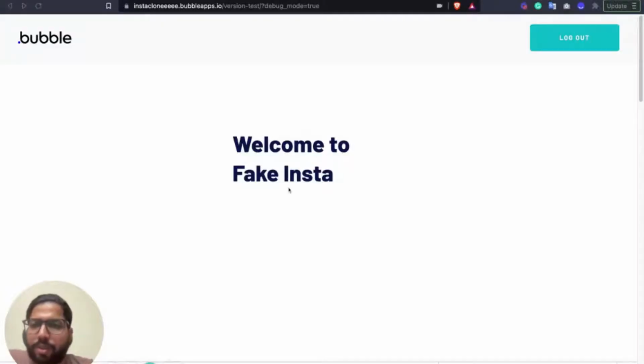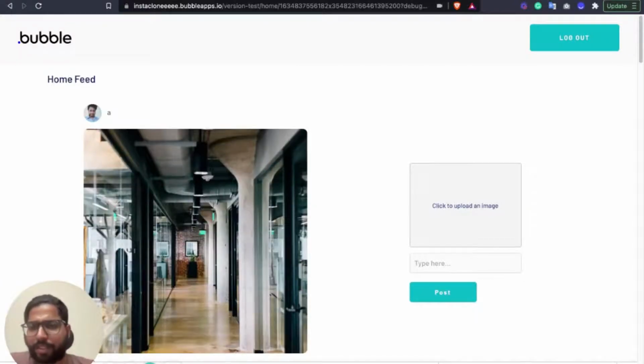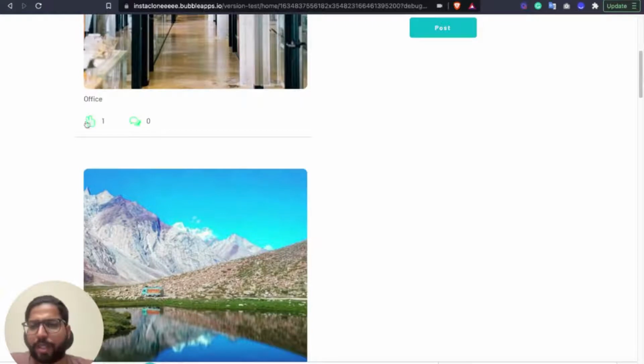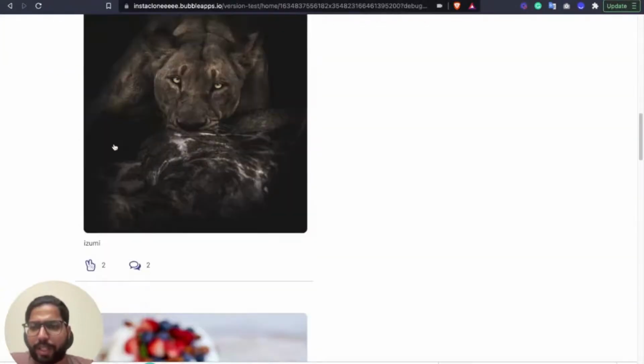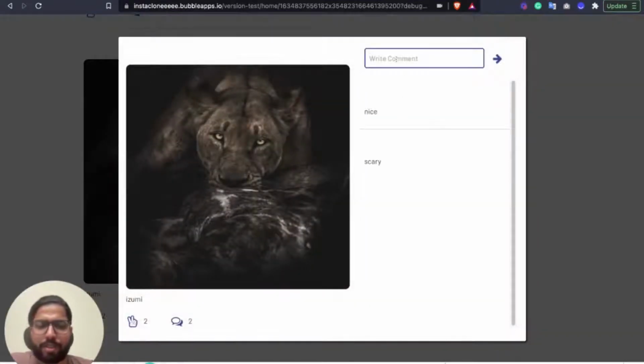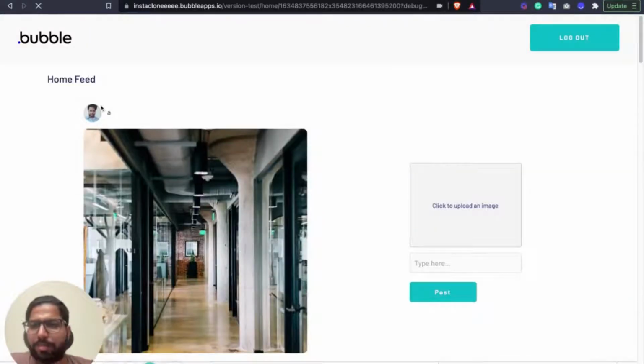Hey everyone. So today we're going to build a clone of Instagram, and it's going to be called Fake Insta. Okay, and we're just going to have basic functionality like how you can post a picture, how you can have a complete feed just like Instagram, and you can upvote an image and comment on any post, and see a detail of this post, write comments here, different comments here, and you can visit anybody's profile and see all the pictures they have posted.